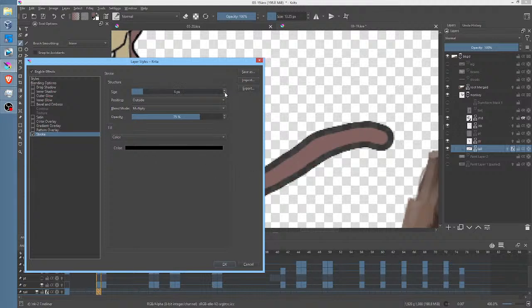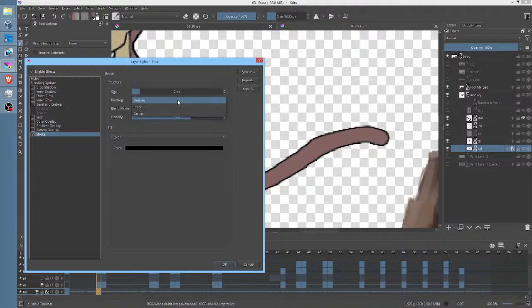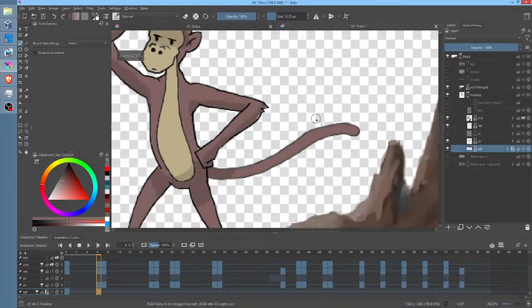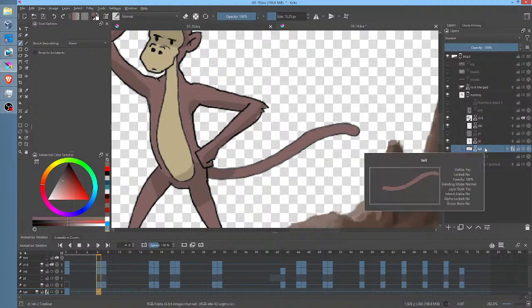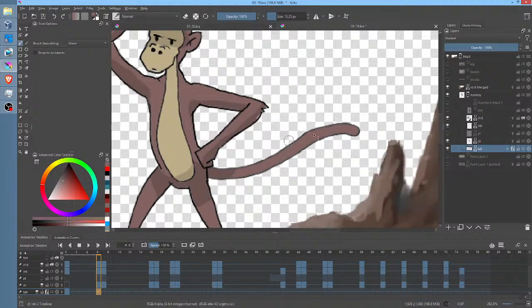It's a little slow, and that's why I said you don't want to add a bunch of layer styles and then just have them sort of lying around. I probably would not want to render with a layer style on. So I'm going to put it as center so that it's actually kind of both inside and out of the layer. Yeah, that's about right. Okay. I guess I'll leave the color like that because frankly, I really should have lightened the ink lines.